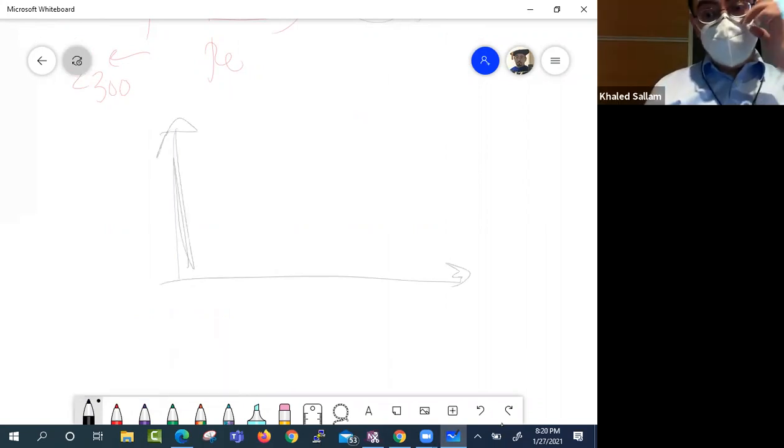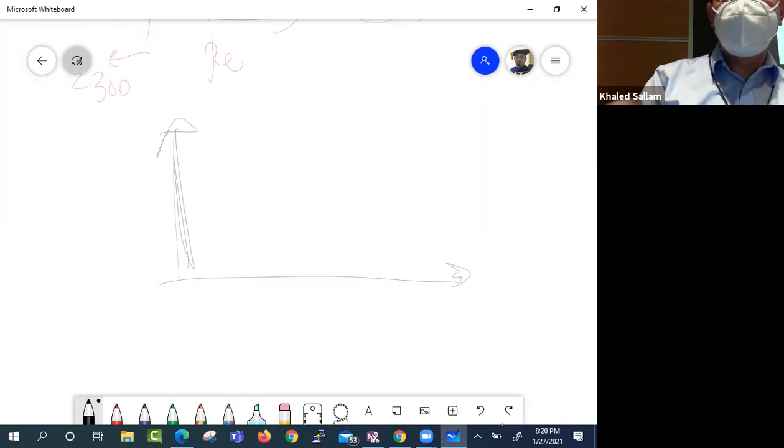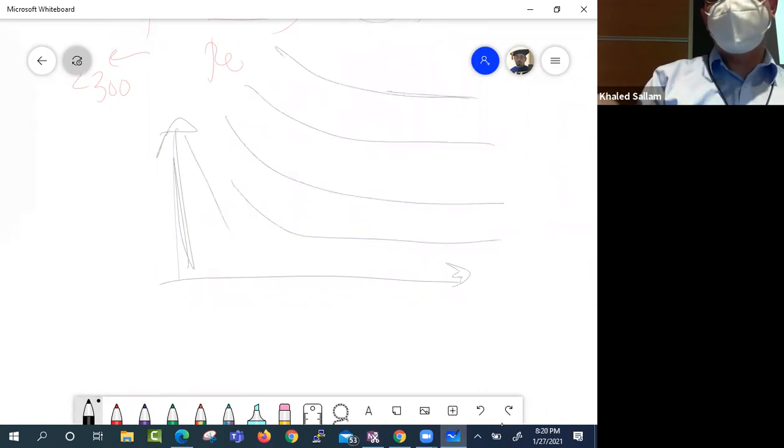Feel I'm doing something. All those curves become like this. Okay? They flatten up. So at very large Reynolds number,